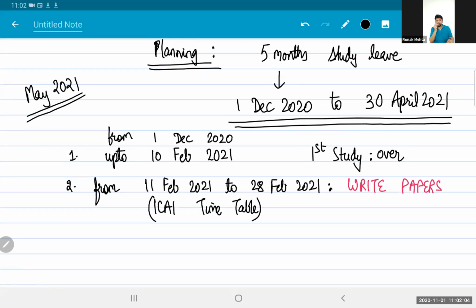Do not bother about the amendments for a very simple reason: as a CA final student, when you have studied the subject, you are aware that there is an amendment in section 50C. You are aware that there is an amendment in section 11. You are aware that there is an amendment in section 147 or in appeal. So when you check the suggested answers with your answers, they will not match. But as a student, you are aware कि ये match नहीं होने वाला. So you can tweak the suggested solution, keeping in mind the Finance Act 2020 amendment.